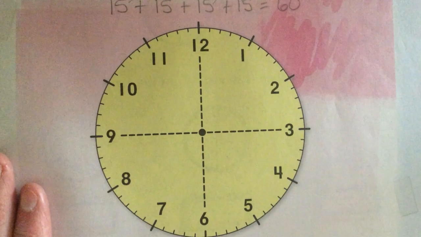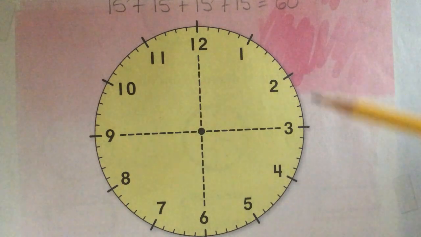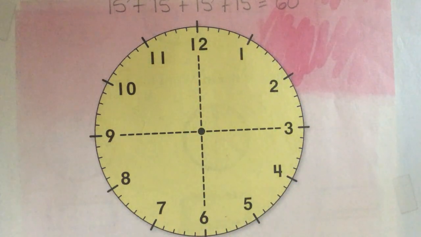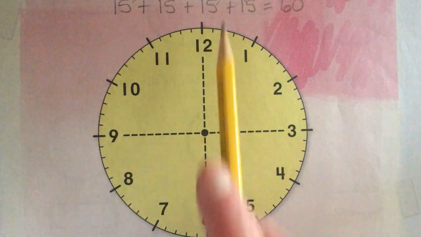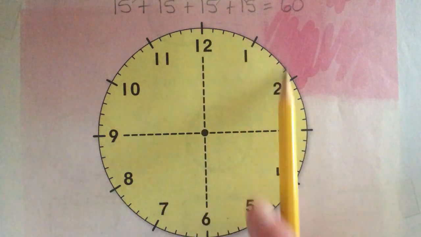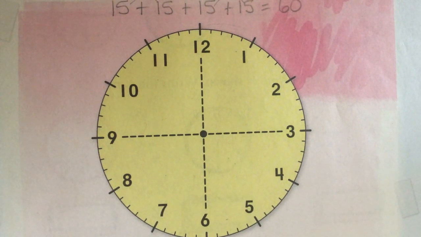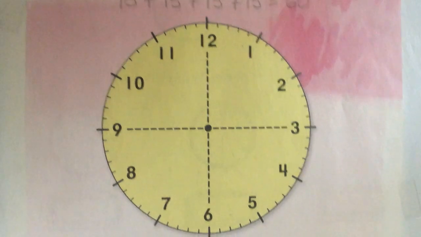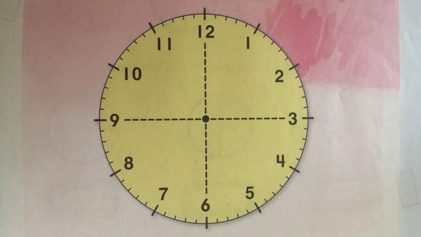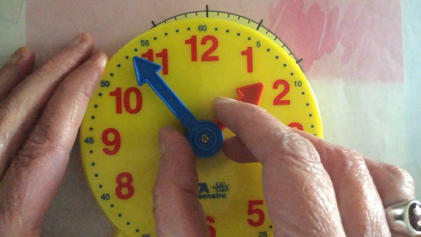Okay, just like 4 quarters are in $1: 25, 50, 75, $1. 4 15-minute chunks equal an hour on a clock, because it's 1/4 of the circle. 1 out of 4. Okay? It's kind of hard to explain when we're not in person and we can't sit and practice over and over. But I'm going to have my clock here, and I am going to say that it is 2 o'clock.